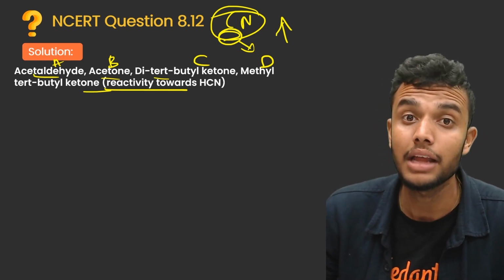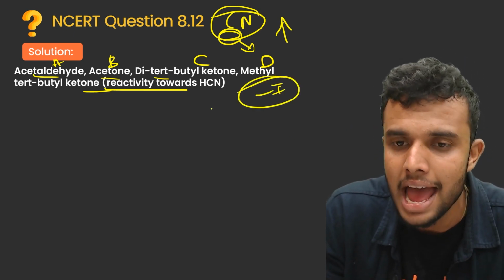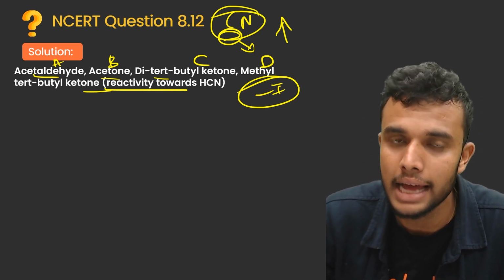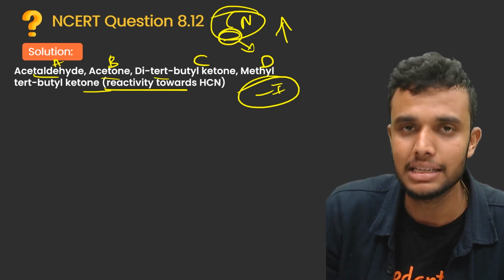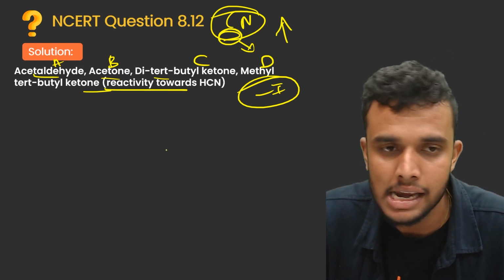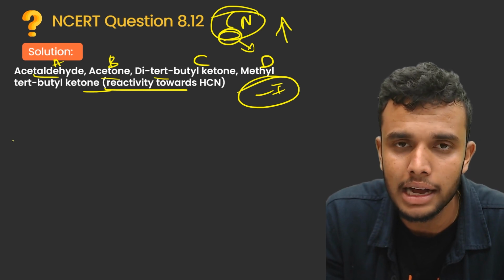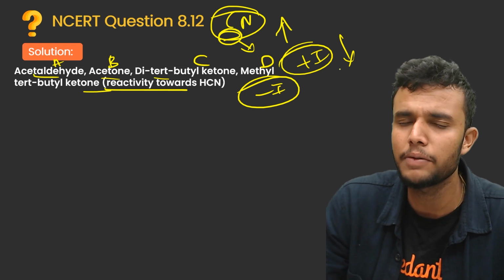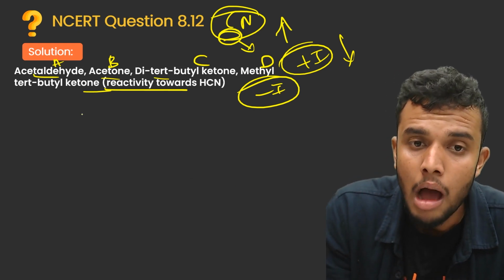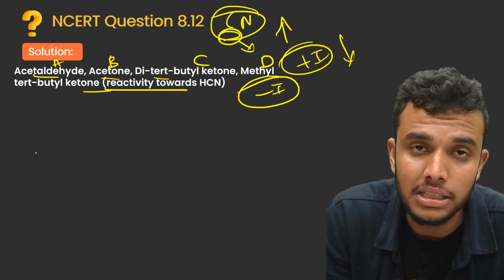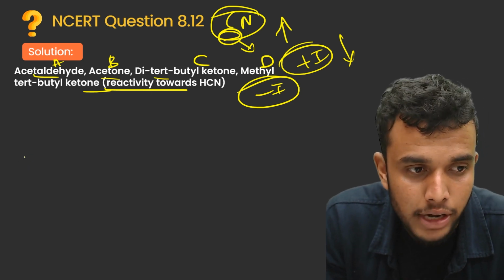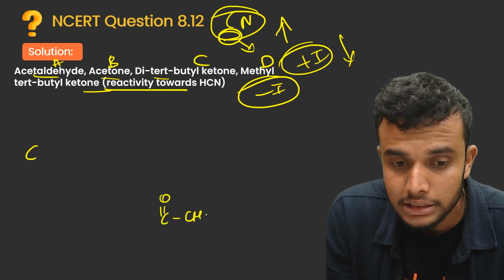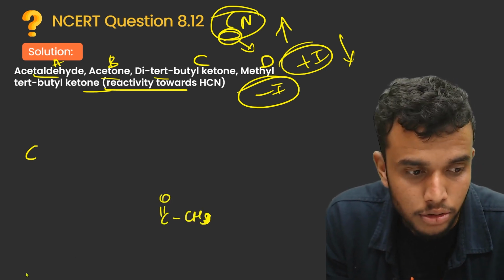It's nothing but the compound containing a negative I effect. Negative I effect is nothing but an electron withdrawing group. The compound containing an electron withdrawing group has high reactivity towards HCN. Here there is no negative group, but the compound containing a plus I effect decreases the reactivity towards the HCN molecule. We already know, right? According to this, the first compound becomes ditertiary butyl ketone. Why, students? What is the structure of ditertiary butyl ketone? It's nothing but C double bond O,